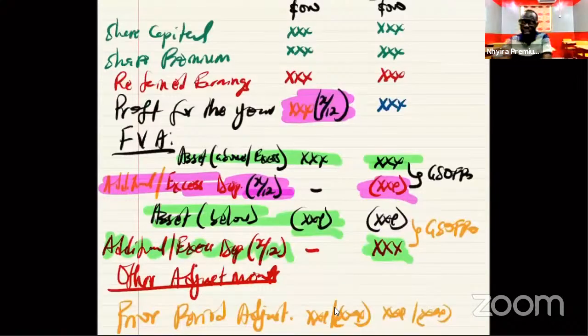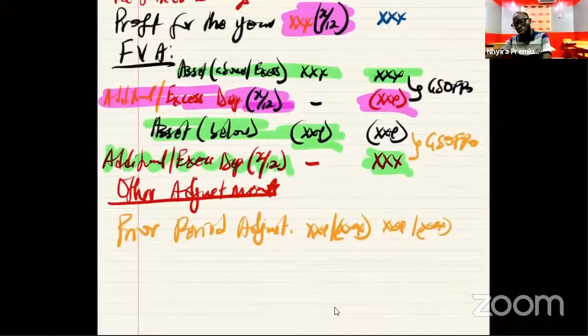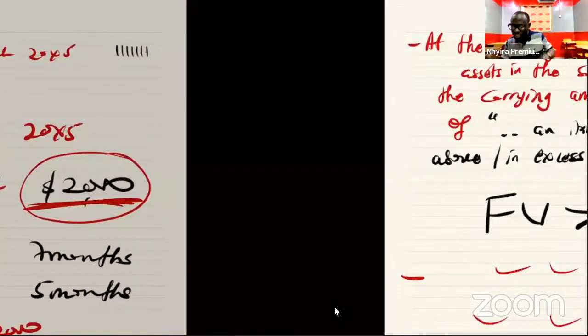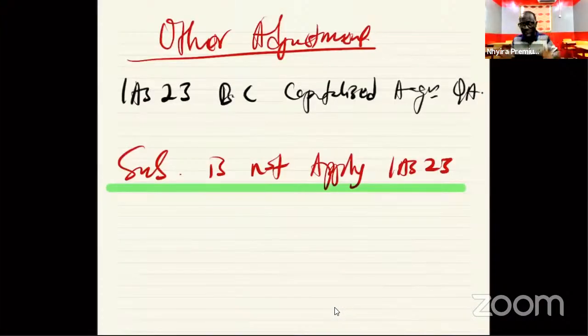And if during the year they have incurred some borrowing costs that they had also written off, we will come and add it back as well to the reporting date. This is what we mean by other adjustment. This is just one of the scenarios for other adjustments.